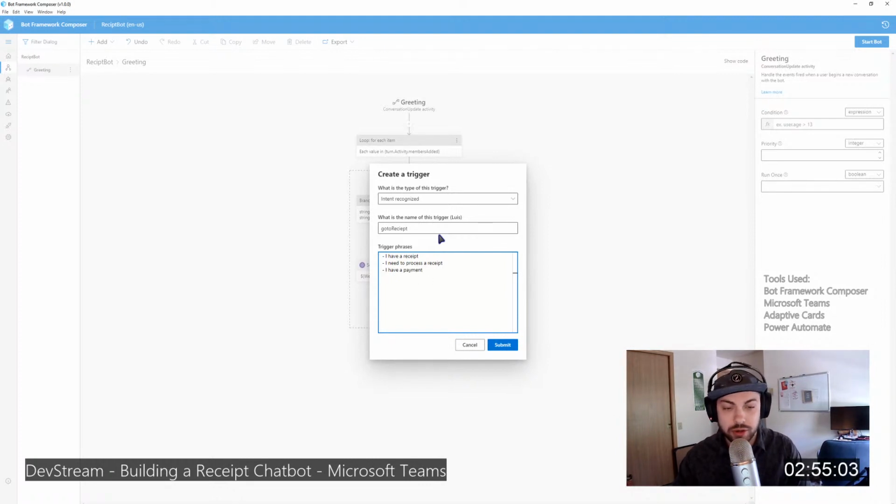Payment. We're just going to make it easy on myself. I need processing business expense. And then do process business expense. So what I was doing here is I'm setting up the LUIS intent, which will go to the receipt section,